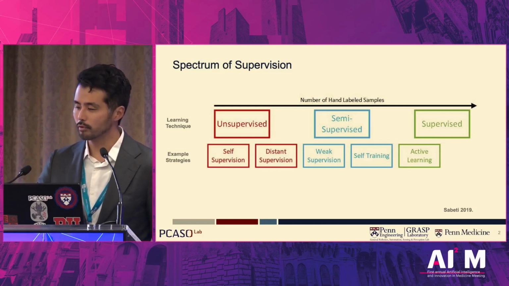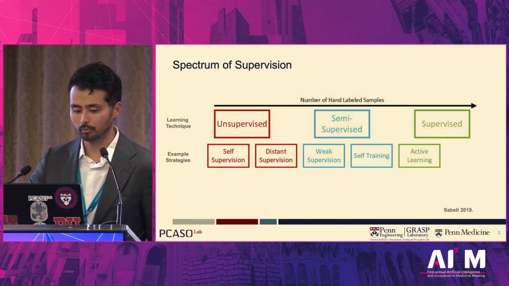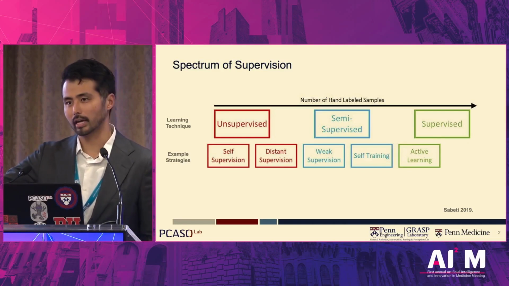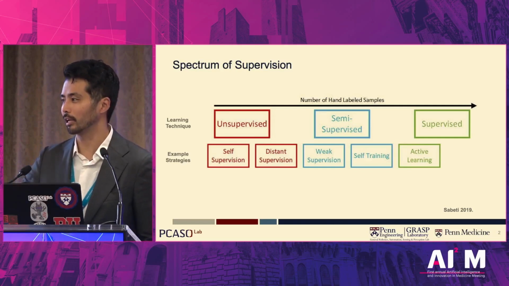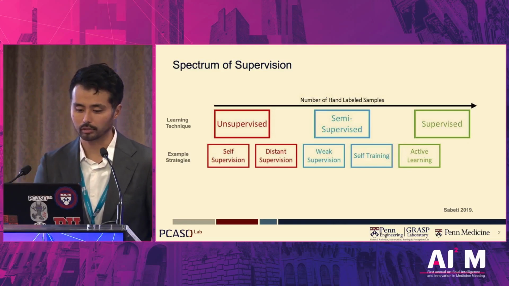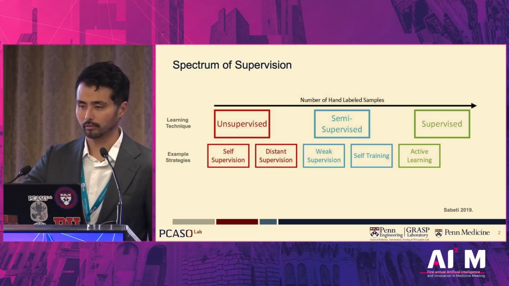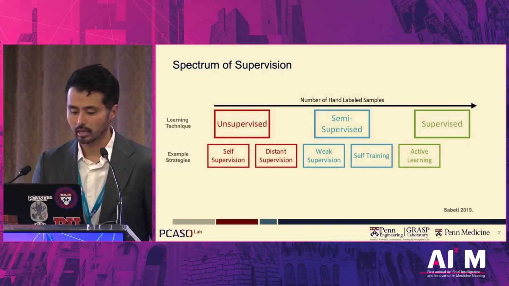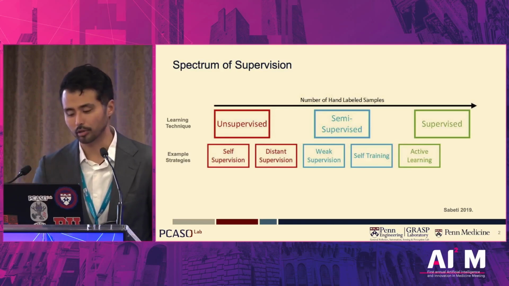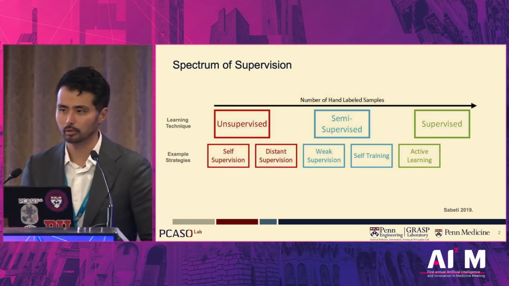And then starting to move into the semi-supervised categories, where you might have weak supervision or noisy labels, where you're not going to have this really clean, hey, let me tell you everything you've got to look for and what it looks like, but let me give you an aspect of that and I'll show you an example of what that looks like. And then moving forward toward active learning and then fully supervised learning, where a clinician hopefully, or some other human being, has had to manually review all the labels on which an algorithm is trained.